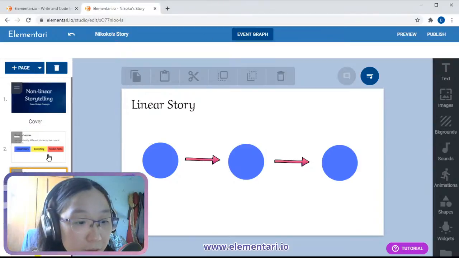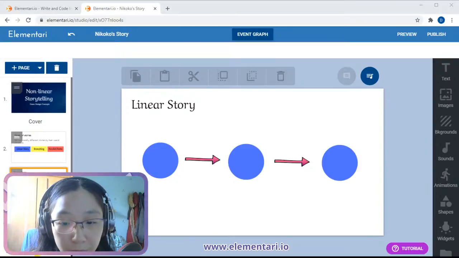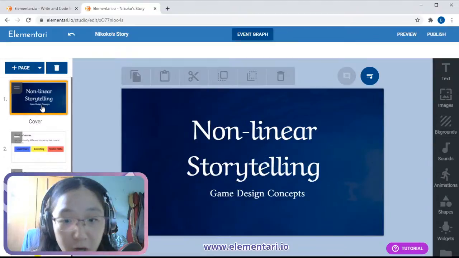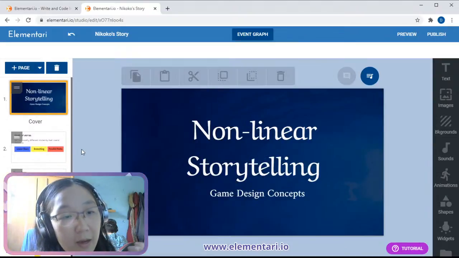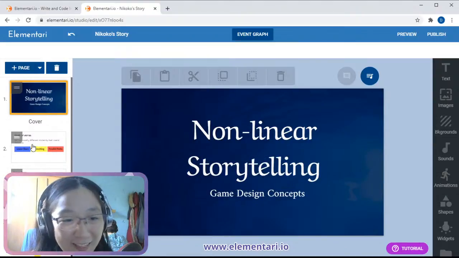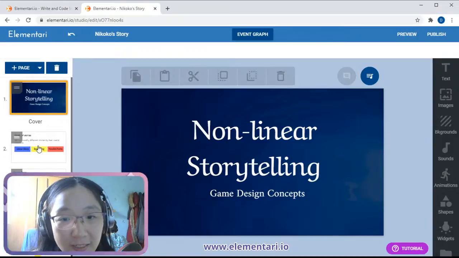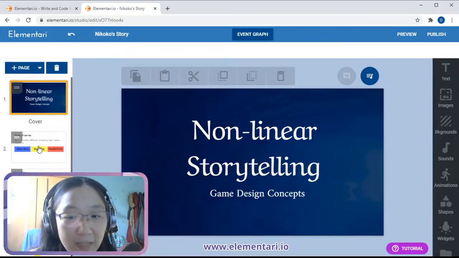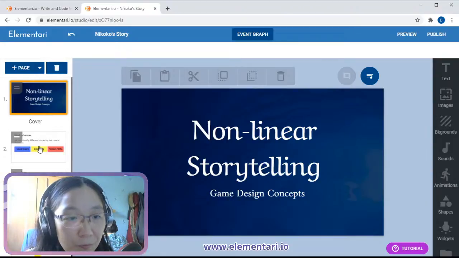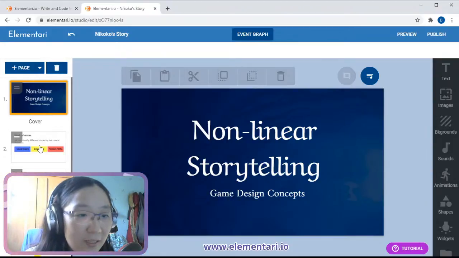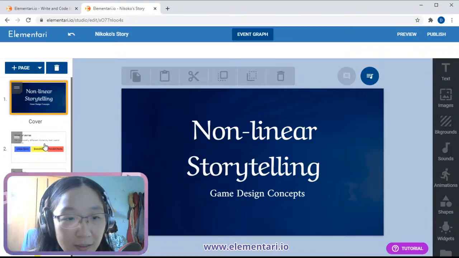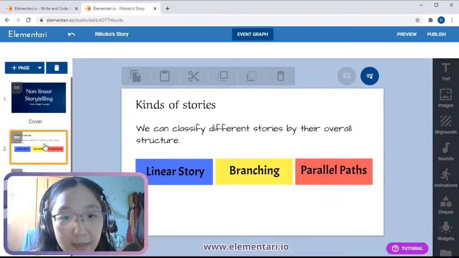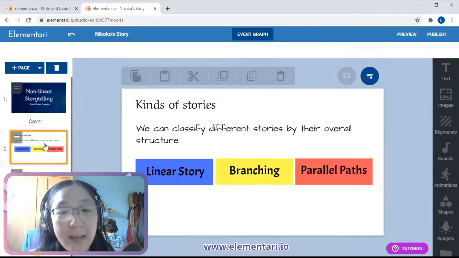Okay. So before we go too far ahead of ourselves, I'm just going to recap what we did last time and talk about nonlinear storytelling. And we'll recap how we code things exactly to go to different pages. And then we'll move on and we'll try to see if you've written anything, or we could just continue where we left off. So the first thing for nonlinear storytelling is that it's a way that we can tell our